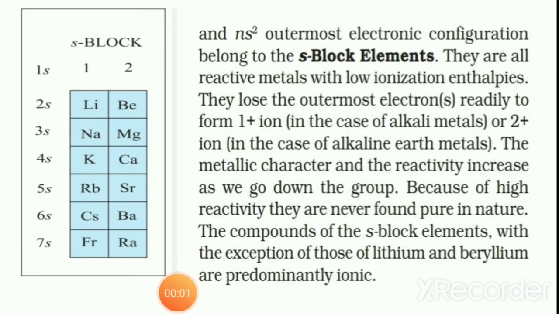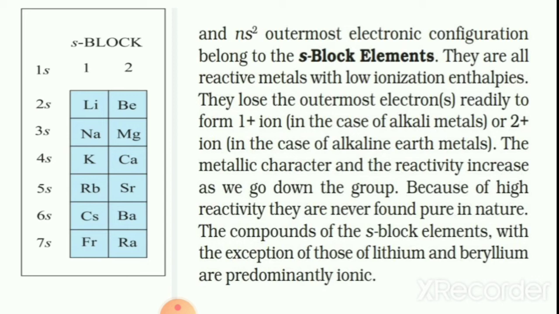Let us now discuss the properties of s block elements. Group 1 and group 2 elements are called s block elements. One valence electron is present in group 1 elements. Therefore, the general outer electronic configuration can be written as ns1. In the case of lithium, it is 2s1, sodium it is 3s1 and so on. Similarly, 2 valence electrons are present in group 2 elements. Therefore, the general outer electronic configuration can be taken as ns2. For beryllium, it is 2s2. For magnesium, it is 3s2 and so on.